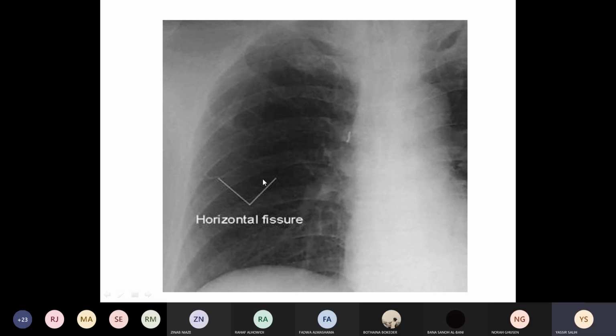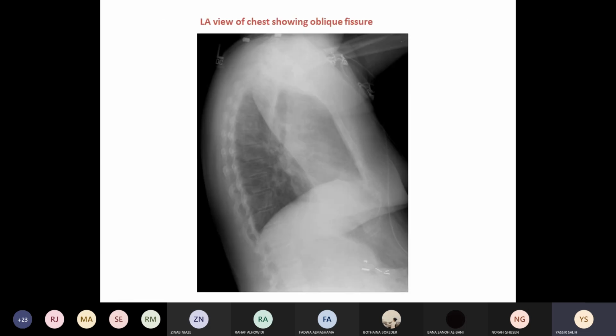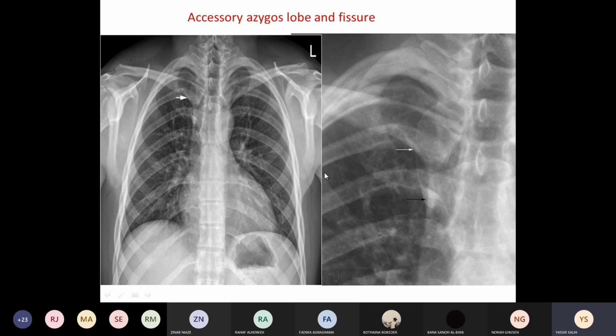We said the horizontal fissure may be normally seen on the chest X-ray on frontal view, and this is the lateral X-ray of the thorax, which illustrates this line. This is the oblique fissure. We said the oblique fissure is usually seen on the lateral film, and this is the oblique fissure seen on this lateral chest X-ray. Then we also talked about the azygous